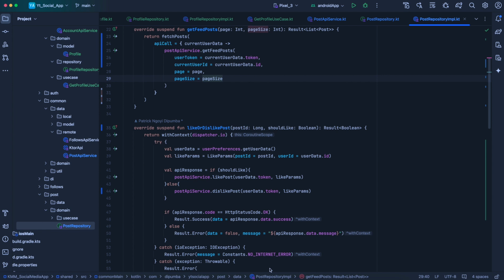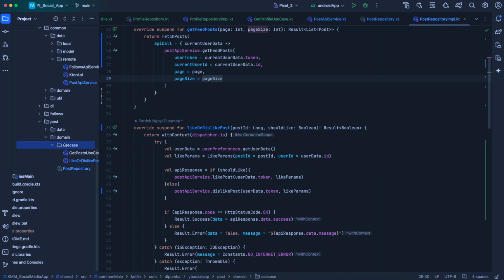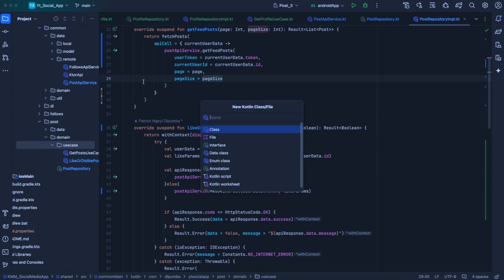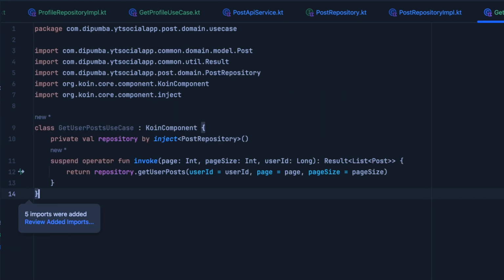Next, we need to define the getUserPostUseCase. So let's go inside the use case directory. In here, we are going to create a new Kotlin file that we will name as getUserPostUseCase. We will define a new class getUserPostUseCase that needs to implement KoinComponent so that we can inject the post repository in this repository property. We need to override the operator invoke function, which takes the page size and the user ID, and returns result of list of posts. It delegates that to